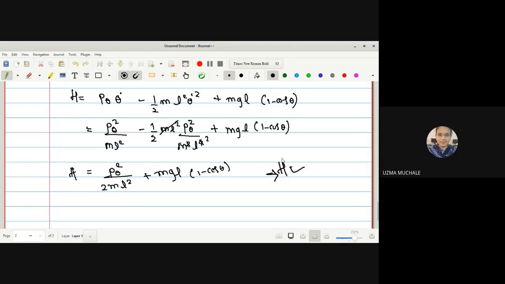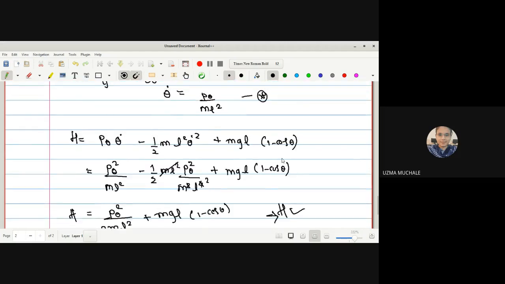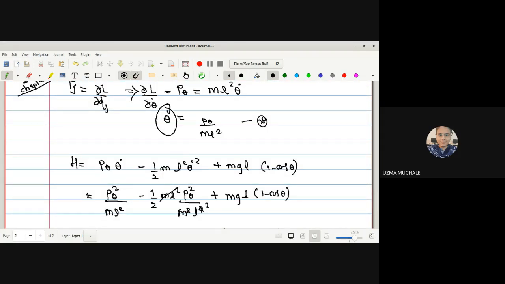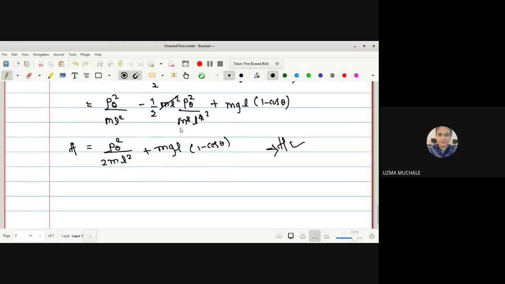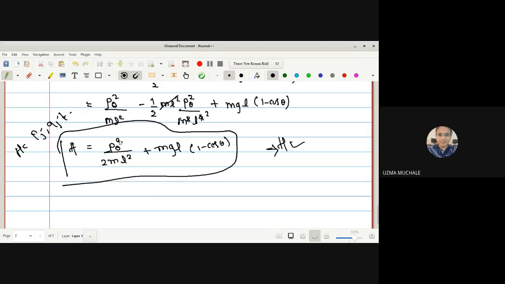Okay, now the first part we have done, the Hamiltonian H we have found. Why have we written theta dot in terms of p theta by m l square? Because we don't need any terms of theta dot in our equation. Since H is a function of p j, q j and t, there is no q j dot, so that's why we have removed the theta dot with the help of our equation of generalized momentum. So hence we have found the value of H. That means half the part is done. Any doubt up to this?